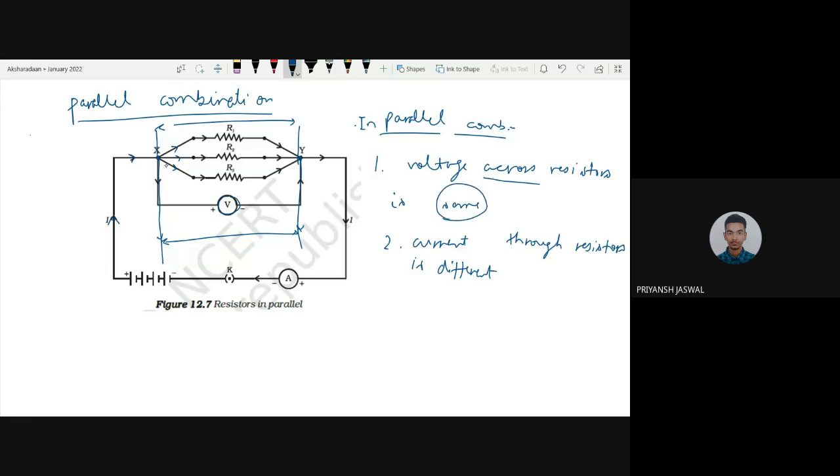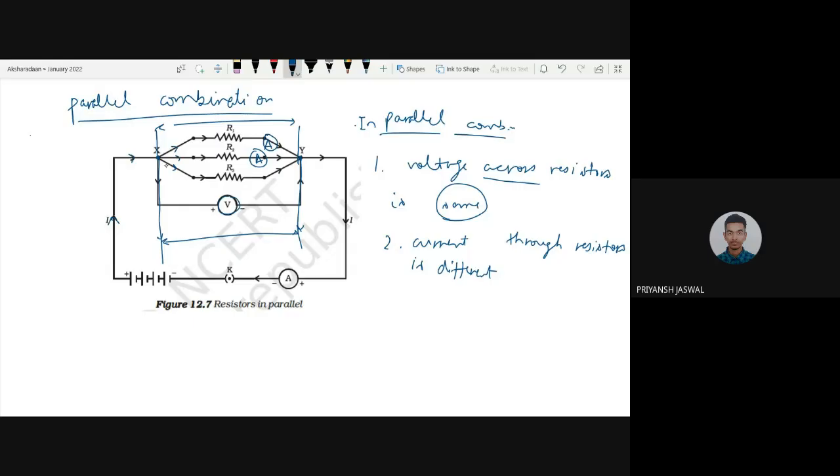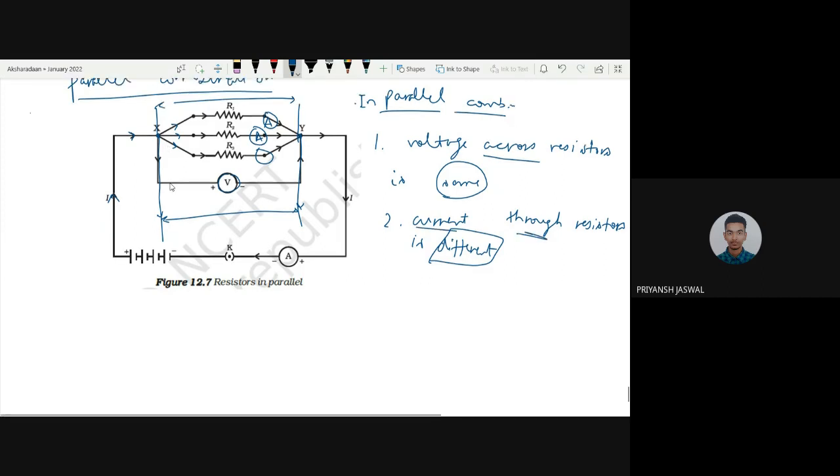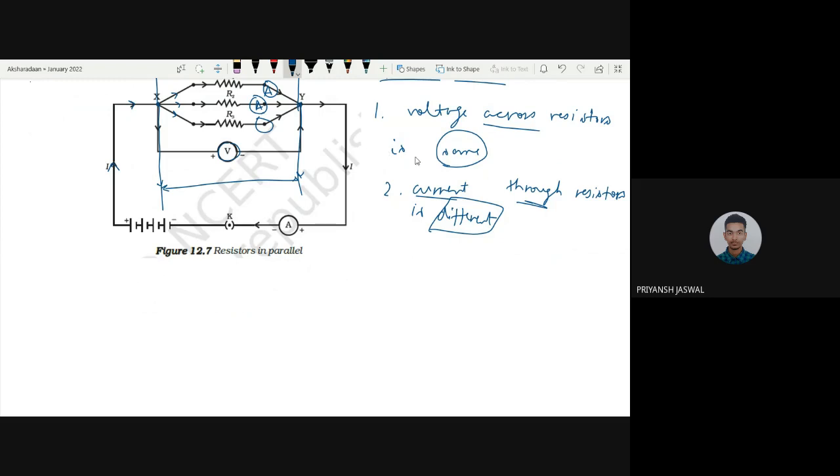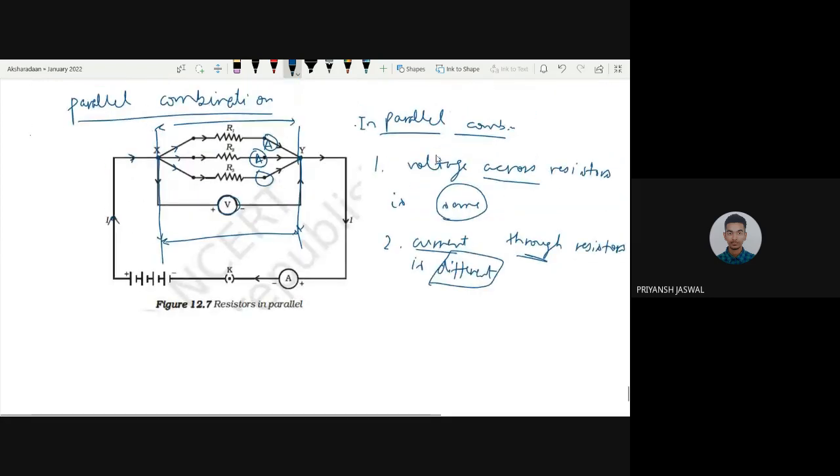So same voltage. For current, we put an ammeter in the three arms differently. Depending upon the resistor value, there will be Ohm's law application and it will give out the current. So the current will have values depending upon the resistances. When we don't know the resistance, we say that the current is different. It is through the resistor. That is why an ammeter is connected in series. So the voltage is the same across three resistors, and applying Ohm's law gives